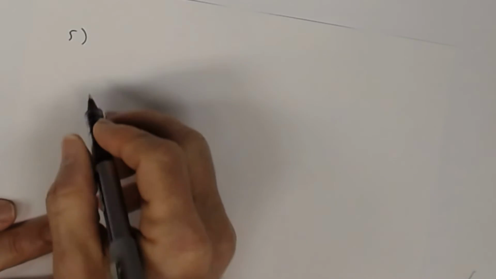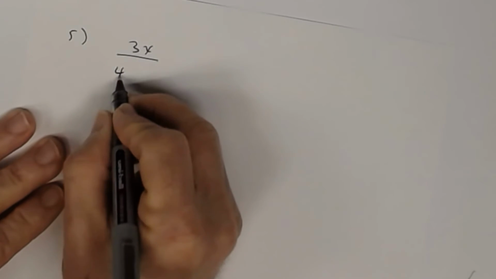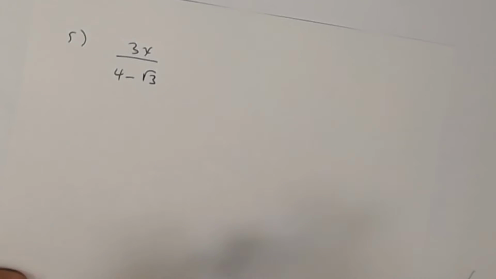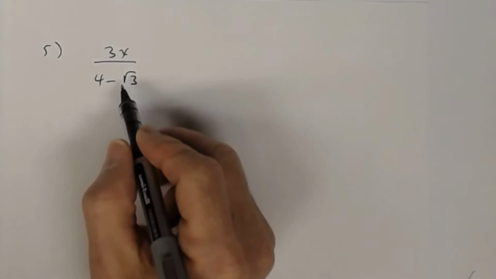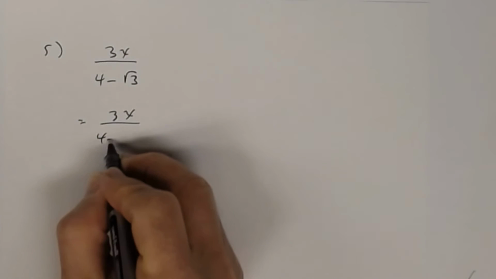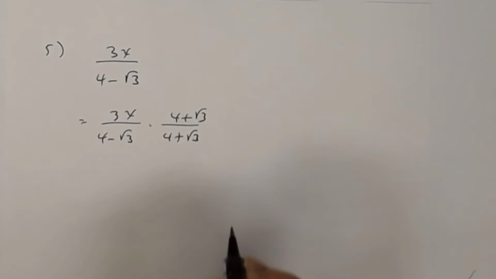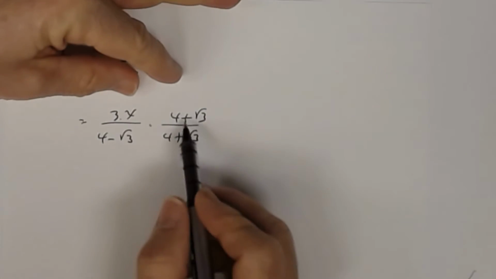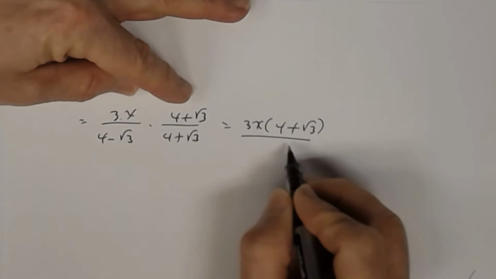Okay, let's go to number 5. Let's suppose we have 3x divided by 4 minus the square root of 3. All right, so notice I have a square root in the denominator. I have 2 terms, so in order to rationalize this, I have to use the conjugate. So 3x divided by 4 minus the square root of 3, so I'm going to multiply both numerator and denominator by the conjugate. So I get 3x times 4 plus the square root of 3 divided by, all right, let's